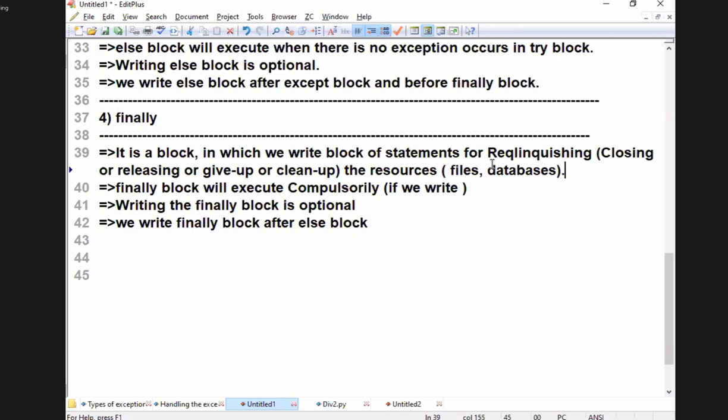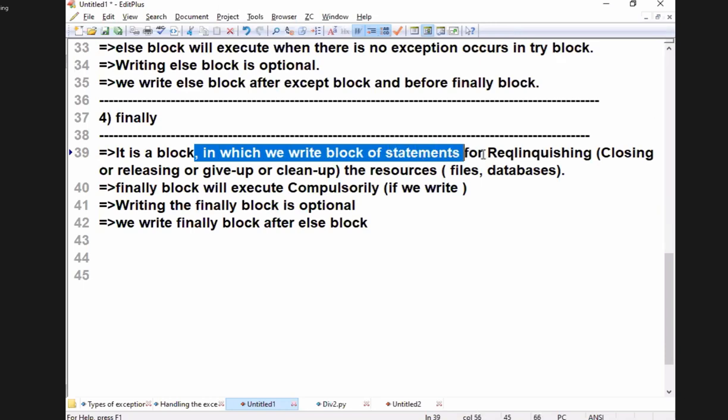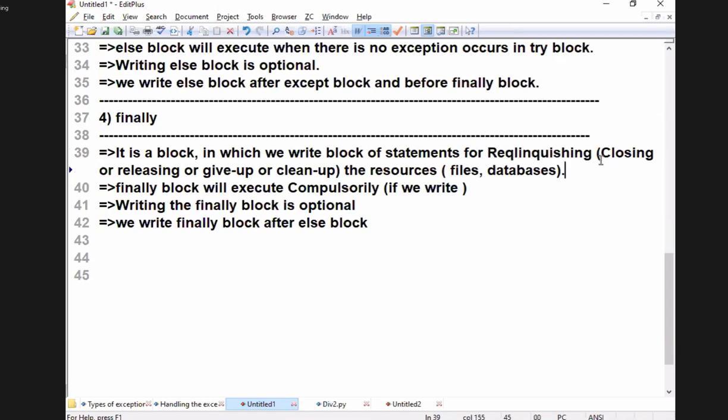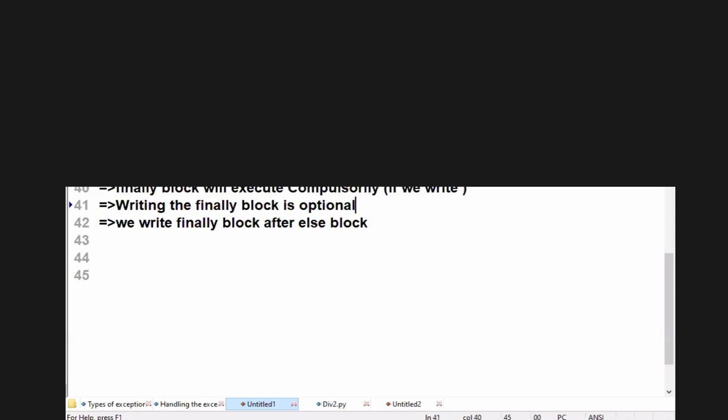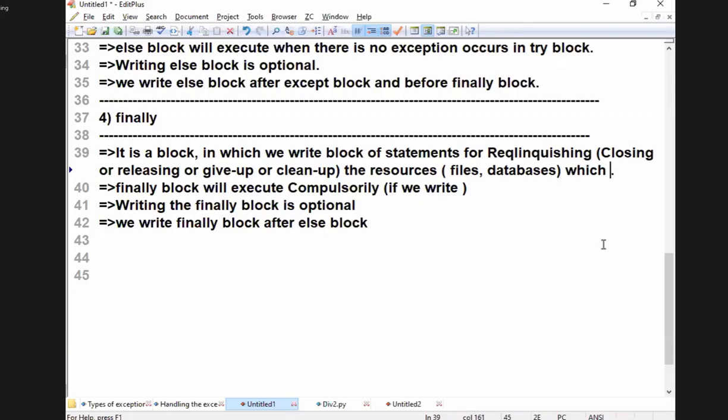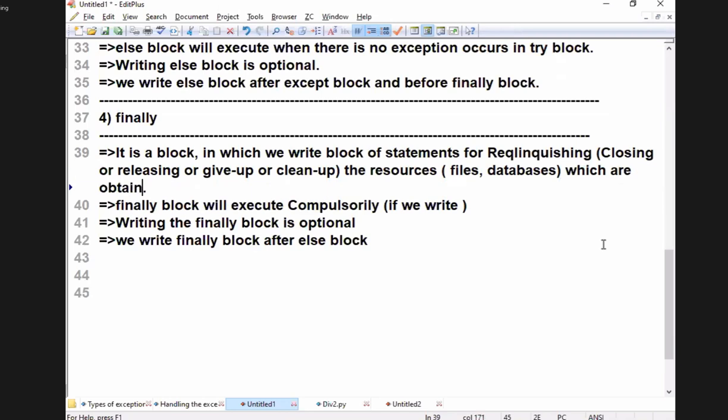Yes. This is the meaning of which block? It is a block in which we write a block of statements for relinquishing. Relinquishing's synonym in English is closing or releasing or giving up or cleaning up the resources. What are the resources, students? Files and databases. Where are you getting them? Which block are you obtaining them in?